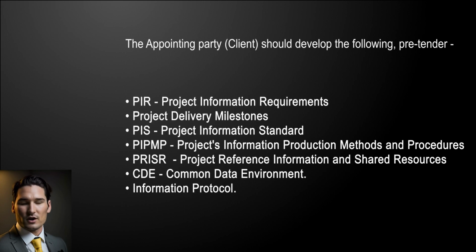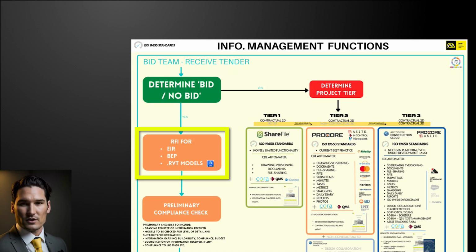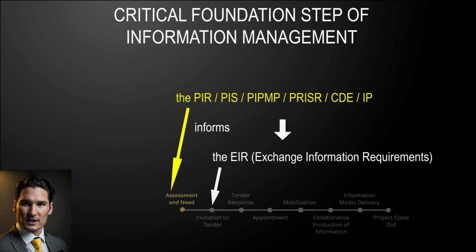The appointing party or client should develop the following before tendering the project. If these documents aren't provided at tender, MAC Group can offer to assist the client. MAC's DOM issues templates to ensure the process starts correctly. If these are not included in the tender pack, MAC need to RFI for these along with the EIRs and models. This is the crucial first step for project information management. If there are subsequent project issues relating to delayed drawings, clashes, unactioned items, etc., the cause can often be traced